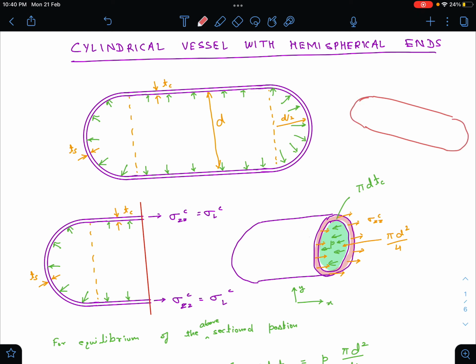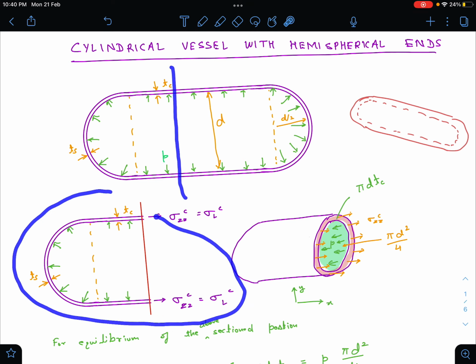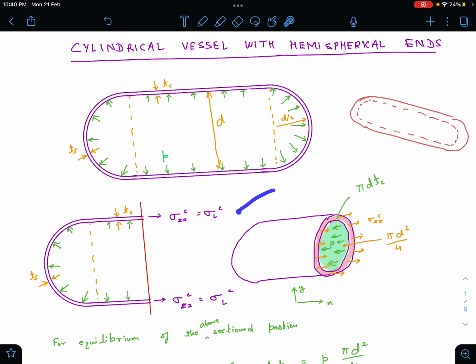So in a cylindrical vessel, there is some fluid or liquid due to which there is a pressure P inside. Now to evaluate what would be the stresses developed, we have to make a cut over here, something like this, and that has been shown over here. It's a 3D image that has been shown in this portion.